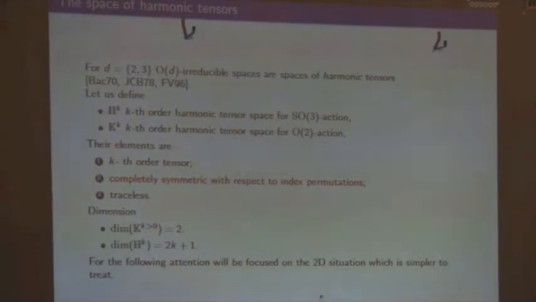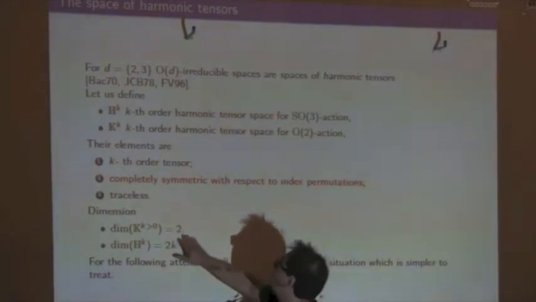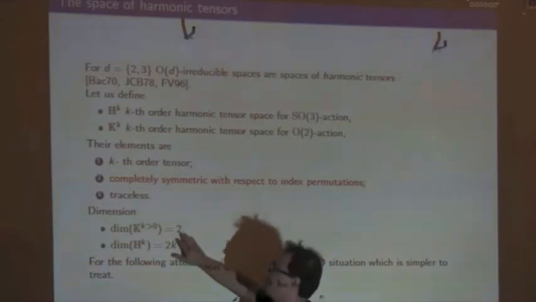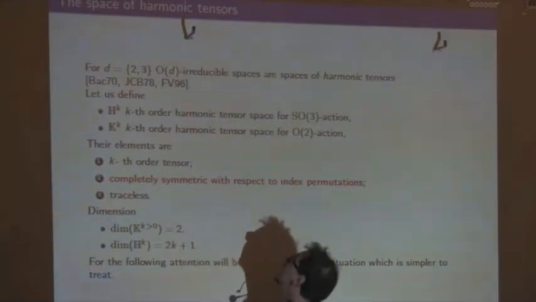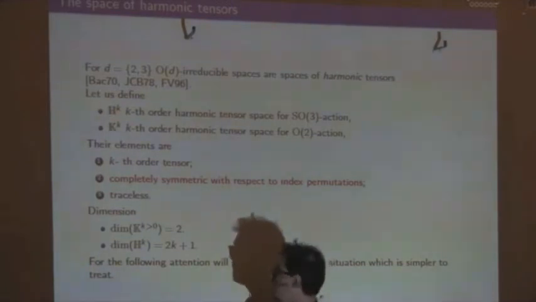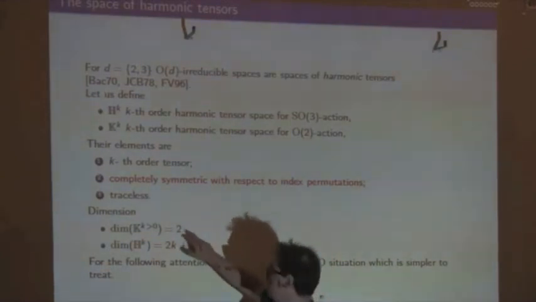And for the dimension, you get the two. In two dimensions, any elementary representation is two-dimensional, and in three dimensions, every harmonic representation is odd-dimensional. In fact, there is a deep link in two dimensions with the Fourier analysis of tensors,